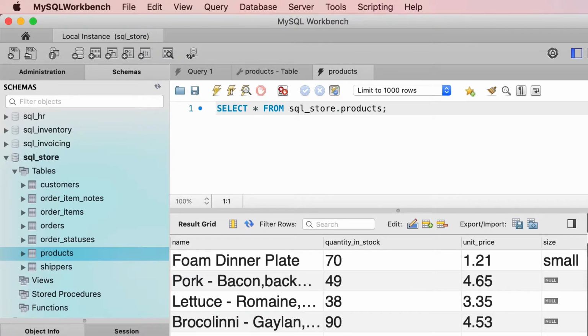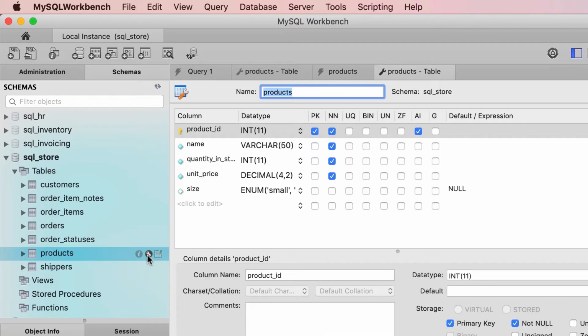Now, while this may look appealing to you, in my opinion, enums are generally bad and you should avoid them. The first reason is that changing the members of an enum can be expensive. For example, let's say tomorrow we decide to come back to our products table and add a new member here, or maybe rename one of these members. MySQL is going to rebuild this entire table, and this can be expensive if we have millions of records in